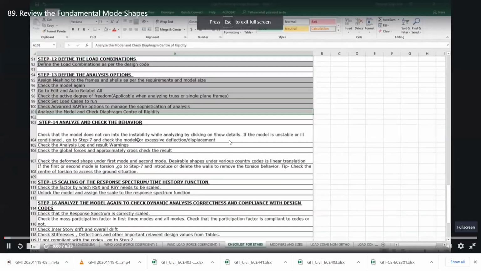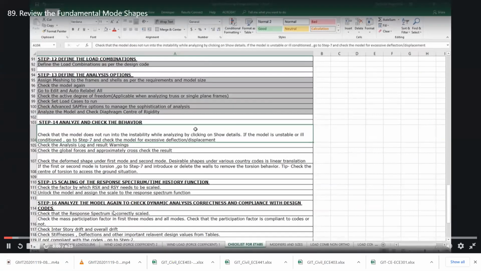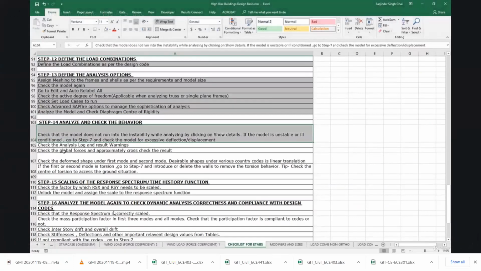So right now we have checked that our model is not running into any kind of instability, and we have also checked the analysis log and the result warnings, and we don't have any warnings in our model. And after that, we can check the global forces and approximately cross check the result. And the most important thing that we need to see here is that we need to check the deformed shape